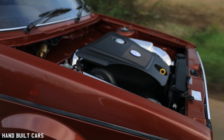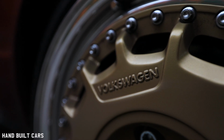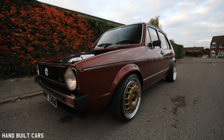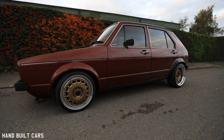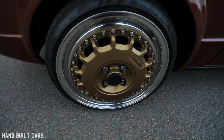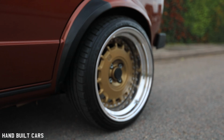So yeah, that happened over the winter, and then the wheels, they've been machined from 14-inch Volkswagen Mark 1 Golf wheels. So they were originally a 14-inch wheel that would have come on a Mark 1 Golf. They've been machined down and turned into 3-piece splits, stepped up to a 16-inch wheel, and then on the rear